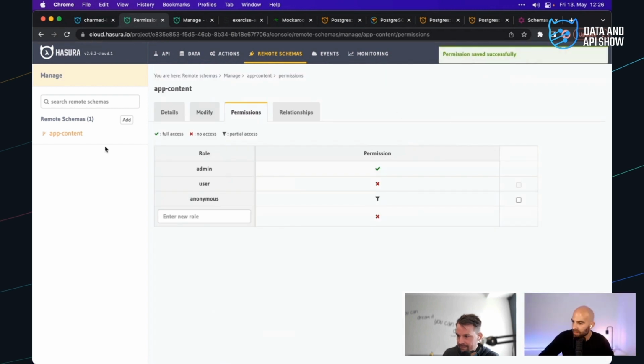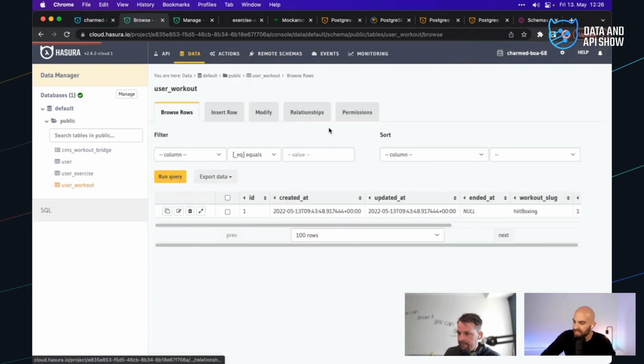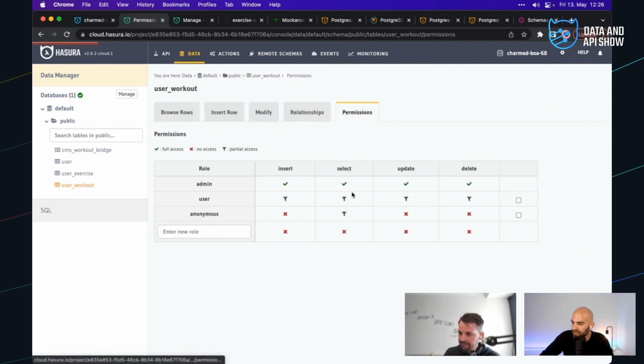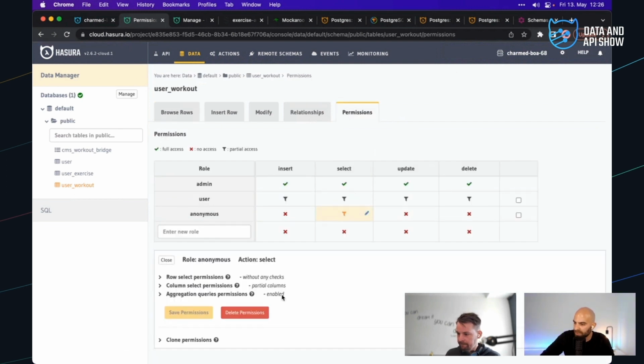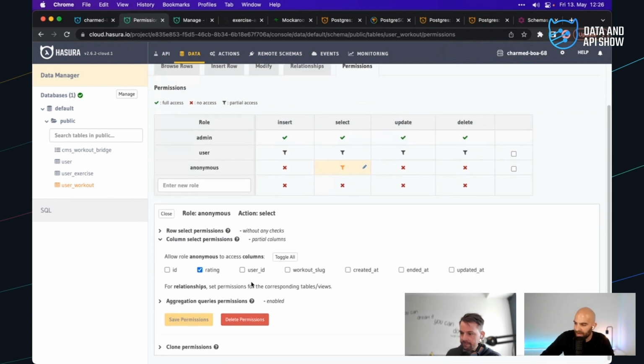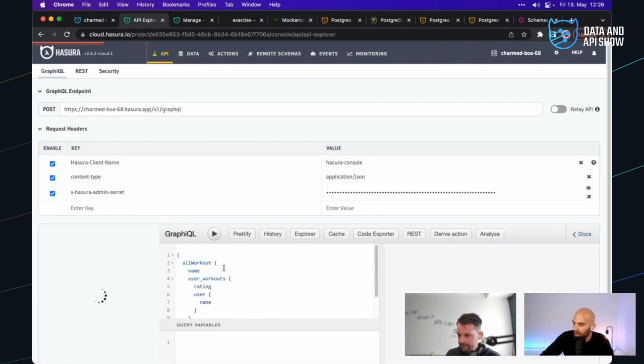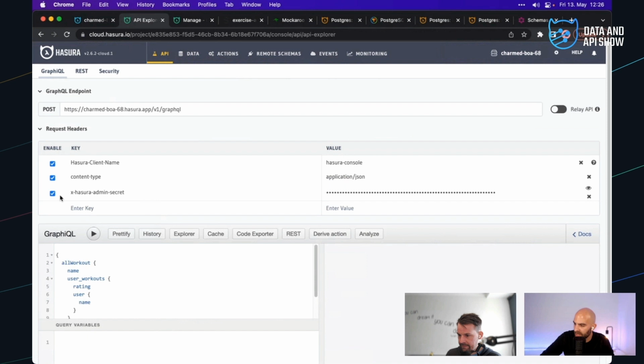And then on our Hasura side, we're able to say that for the user workouts, what we want is actually to get the rating. So we go to permissions here. We'll see that I've already enabled that there's only going to be access to the rating and no other information for the anonymous role, allowing aggregates as well. And so if we go back to our API now and we fake an unauthenticated user, we'll now see that we have